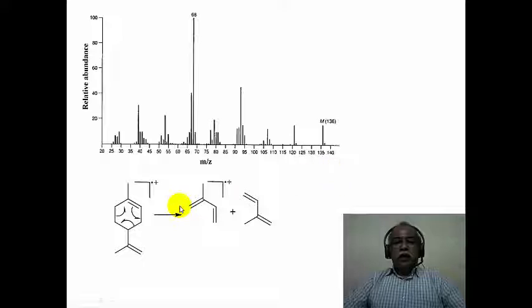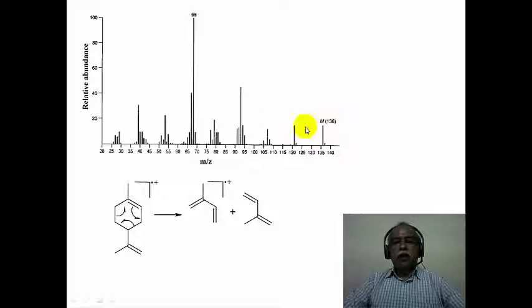Now, if you consider limonene, it has a cyclohexene ring. It undergoes retro-Diels-Alder reaction to produce identical fragments. In fact, limonene is a dimer of two molecules of isoprene, and you produce a molecule of isoprene cation radical and a neutral molecule of isoprene. It is only the cation radical that is going to be registered. The molecular weight of limonene is 136. So you see the molecular ion peak here, and you see exactly half of the molecular ion peak at 68. 68 corresponds to the isoprene unit, and that is the base peak of this particular spectrum.